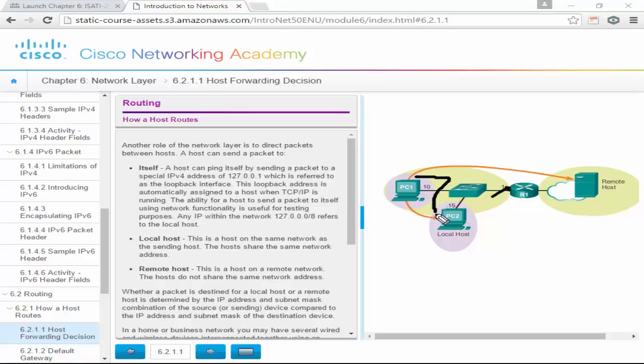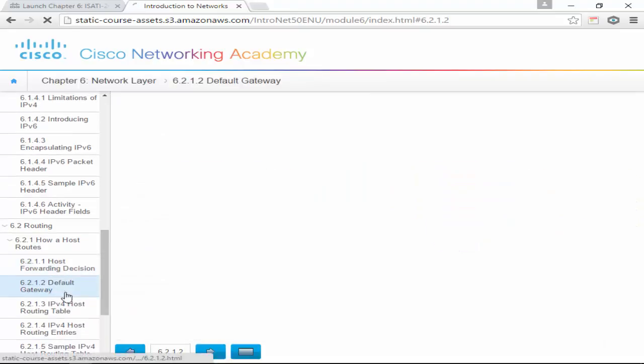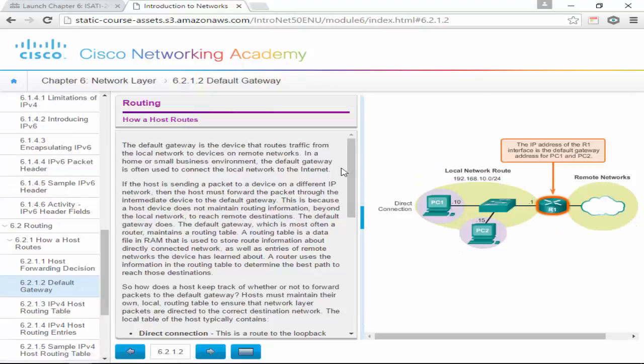So in my local network, I don't need a router, right? It's just a switch, and I can go to this local host, or if there's another local host up here, I can go there. But then let's say I want to go to a different network. That means I'm going to a remote host. And so I send it to my default gateway, which is the definition of a default gateway. The simplest is the exit out of your network. So if something's not in your network, you're going to send it to your default gateway, and hopefully the router finds it. And that brings us up to default gateway. Alright, so